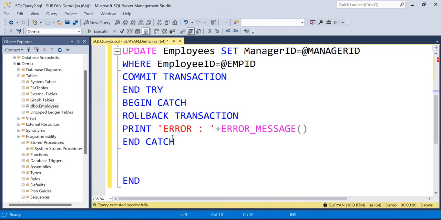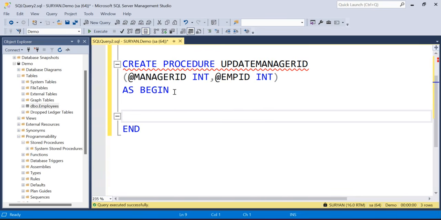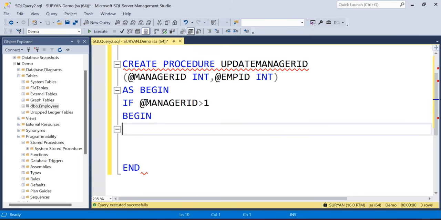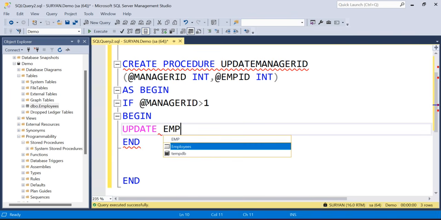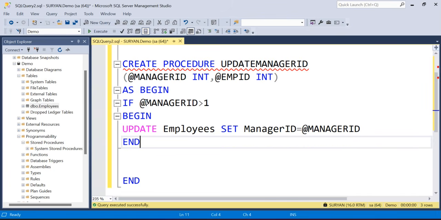For example, instead of this begin tran and end tran, I can use logical conditions like if manager ID is more than 1, begin, and let's update employees set manager ID equal to this manager ID for all the employees,